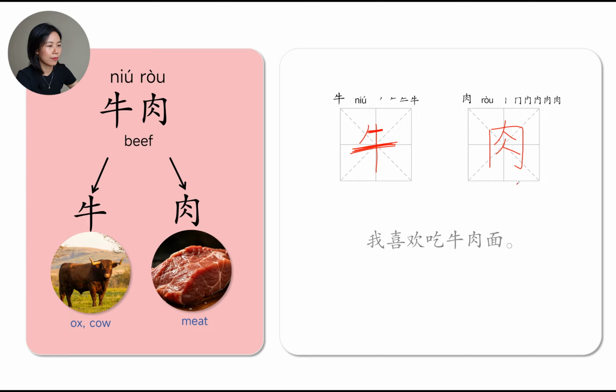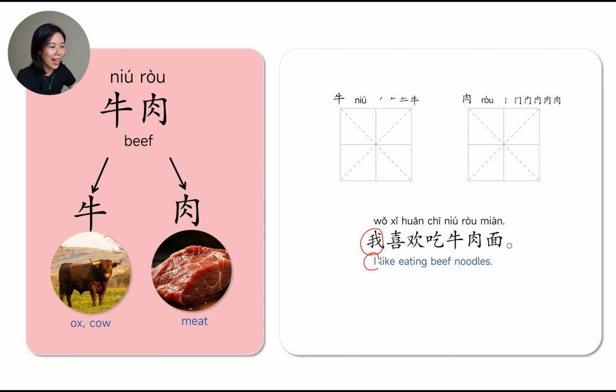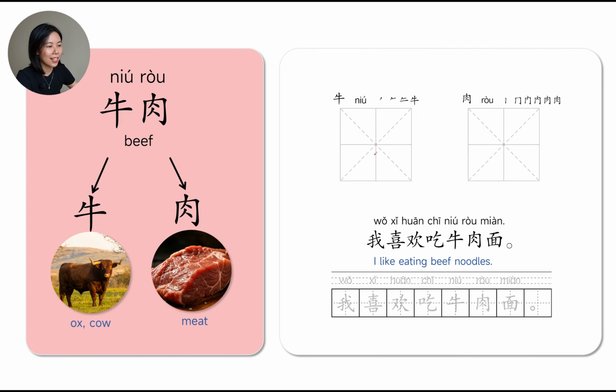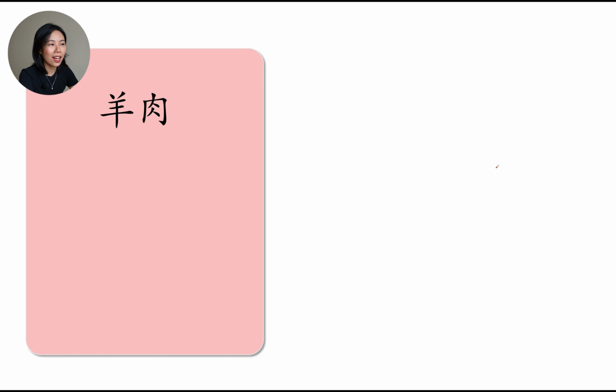Okay, 牛肉。我喜欢吃牛肉面。I like eating beef noodles. 我 I, 喜欢 like, 吃 to eat, 牛肉 beef, 面 noodle, 牛肉面 beef noodles. The whole sentence, 我喜欢吃牛肉面。